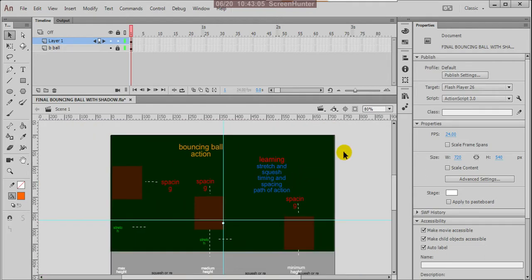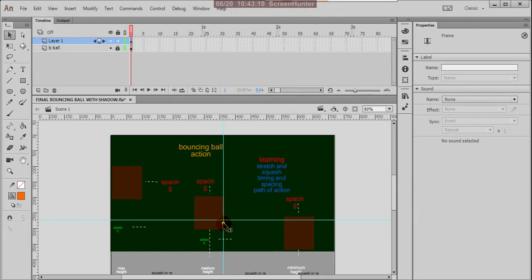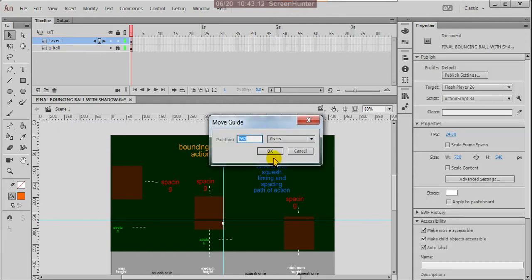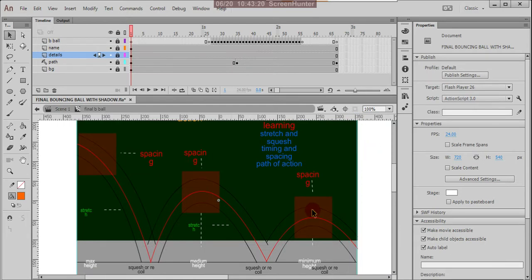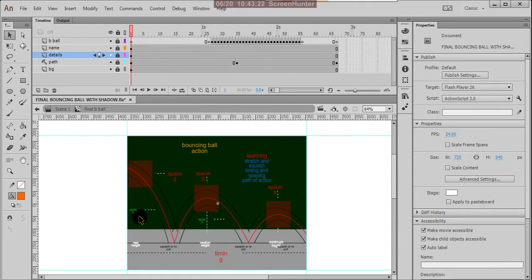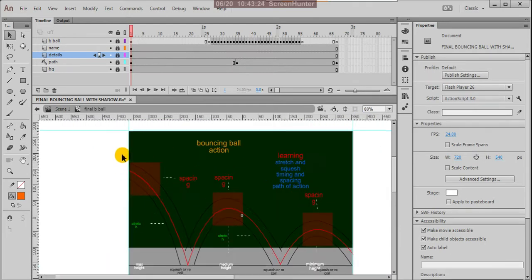So for the bouncing ball, when you double click here, or otherwise from the symbol, click on the final bouncing ball. Here, check the layers one by one.